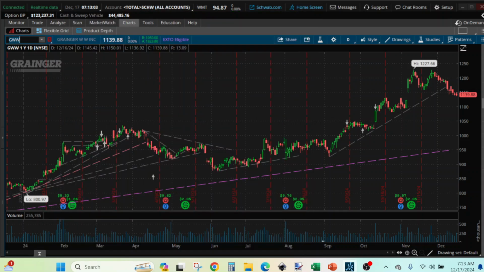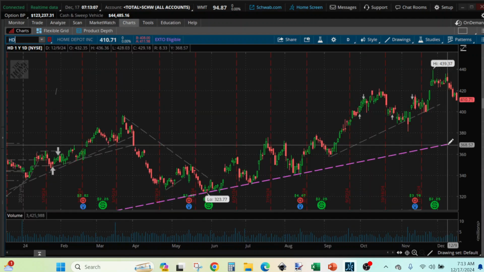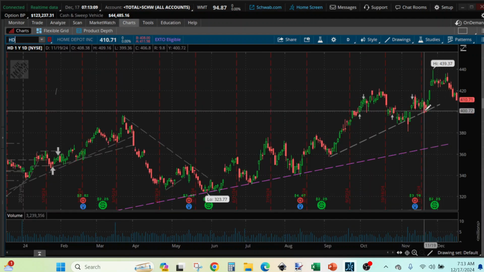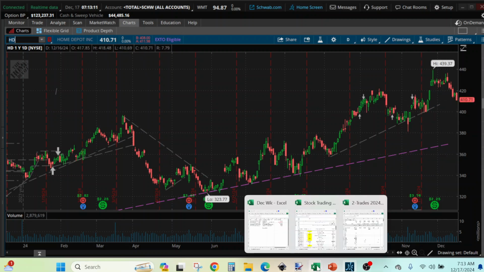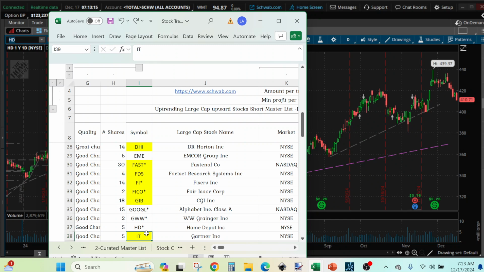HD. So HD, we like to buy it at this line, but right now it's following this trend line. The next one is